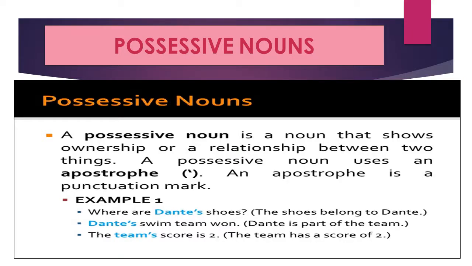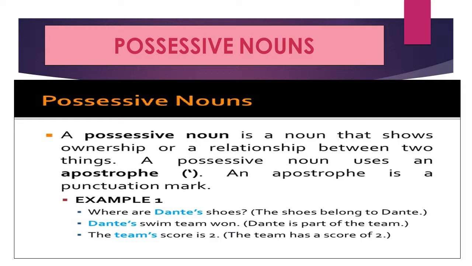The next type of noun we are talking about is, children, possessive nouns. What is the meaning of the word possessive? Possessive is something which we call ours. If a pencil is yours, you call it, this is my pencil. So you are talking about your thing. That is called possessive. So we have possessive nouns.